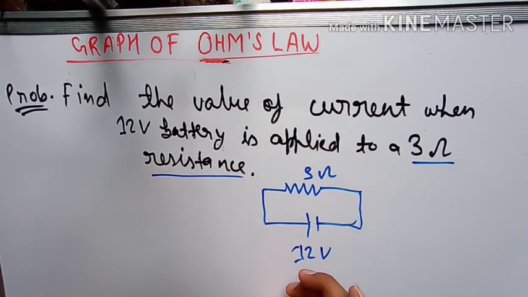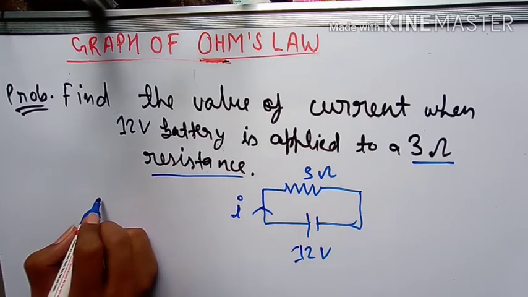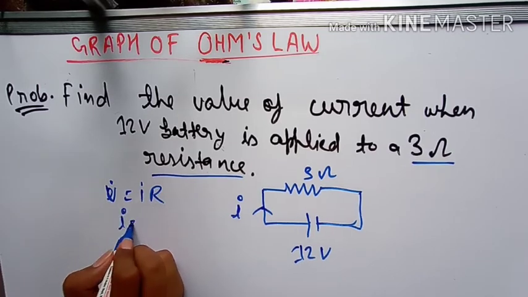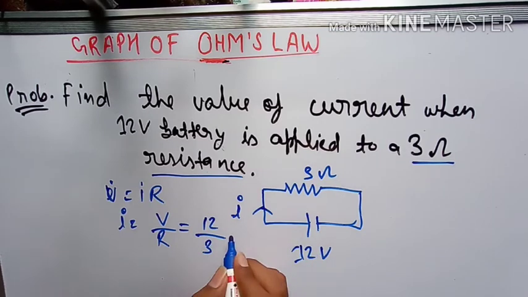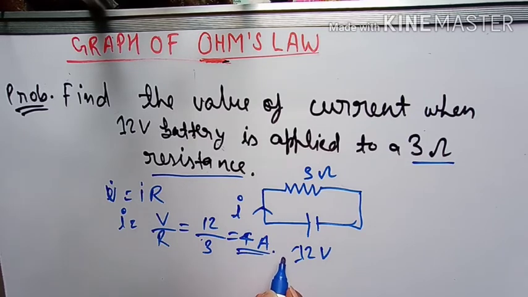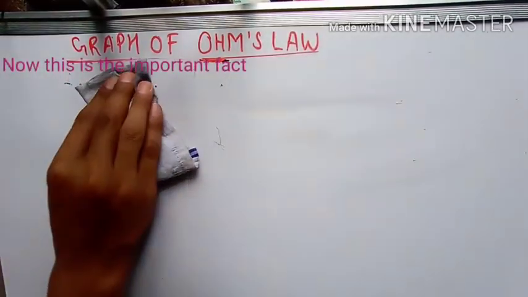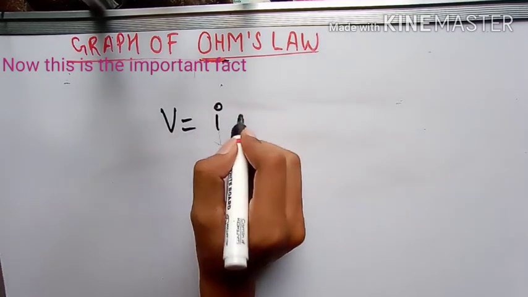Now simply you have to apply Ohm's law for this purpose. The value of current you can simply find by using Ohm's law. So V is equal to I into R. You know about it. So I is equal to what? V upon R. Very good. Now the value of V is 12. The value of R is what? 3. 3 fours are 12, and 4 ampere is the value of the required current. Understand? So let me write this, V is equal to IR, so that you will never forget it. Understand? I'm writing it. V is equal to I into R.